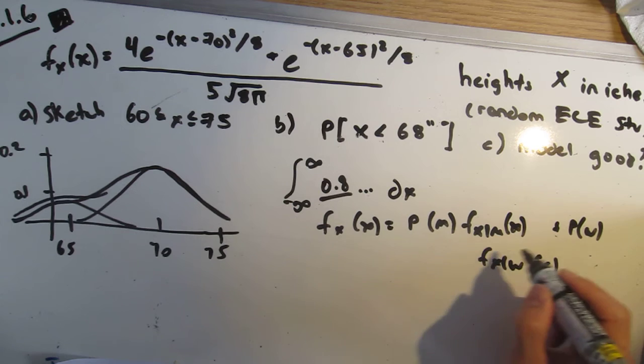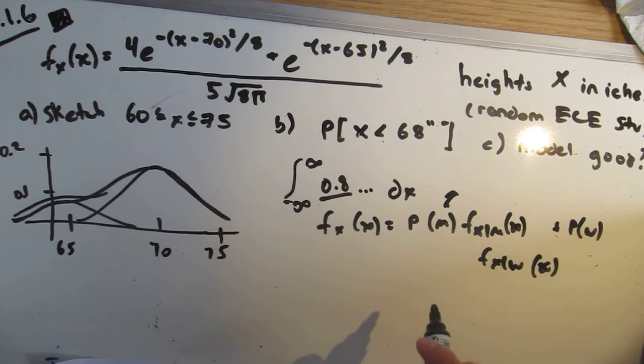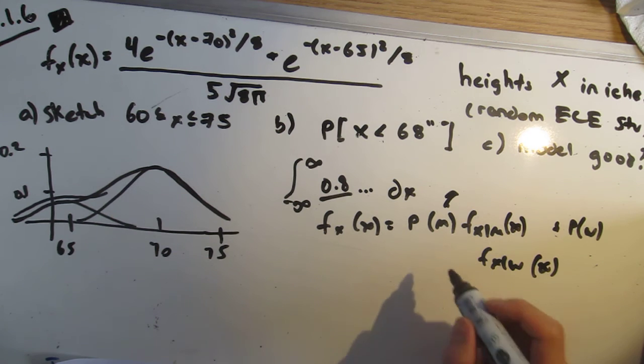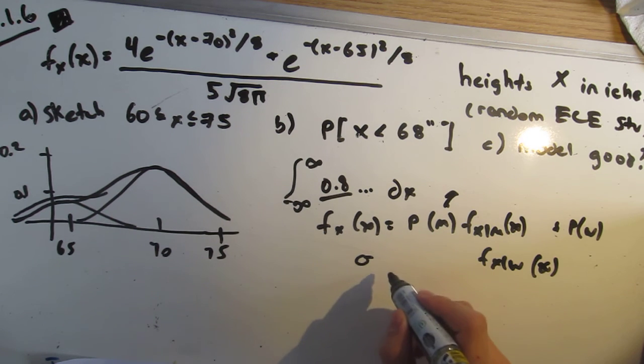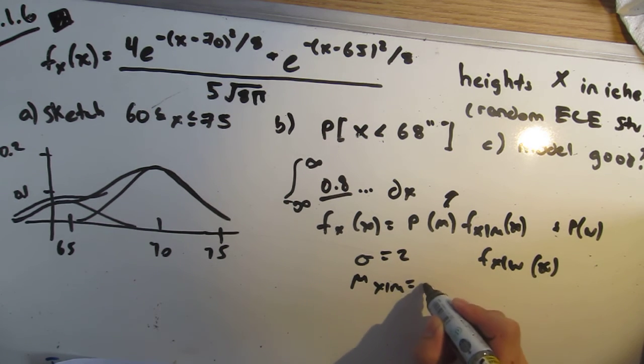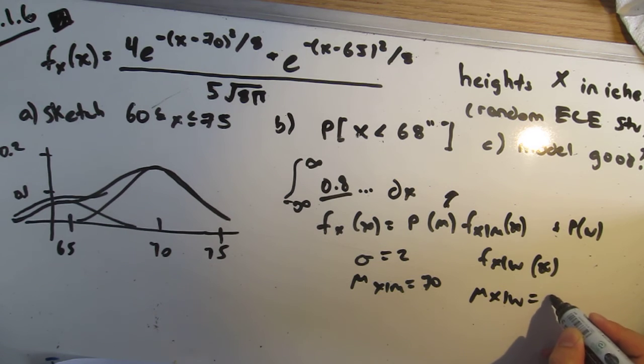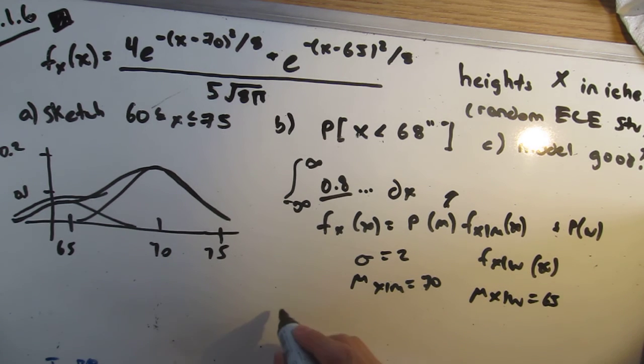Later on we will show you what these m and w mean, but we know that sigma for both is 2, and the mu for x given m is 70, whereas the mu for x given w is 65. So we can use this nice property